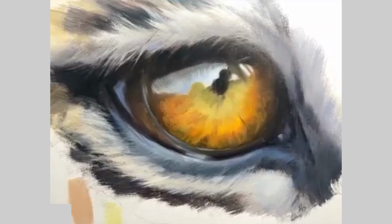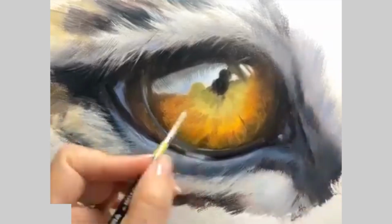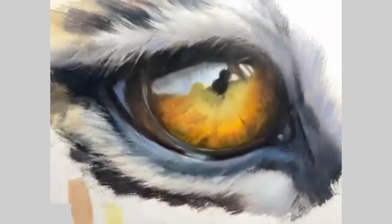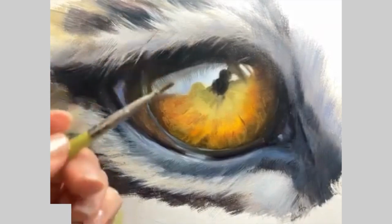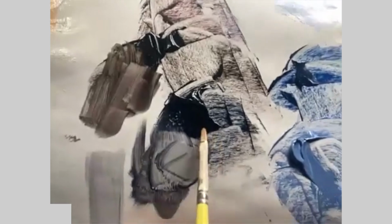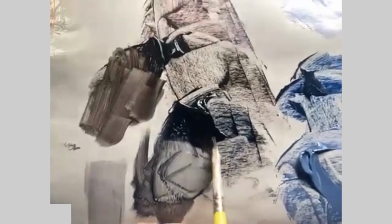If your painting is big, you can always work with both techniques. We will be working from the middle to the sides, from here to the side, and I will work first from the pupil. I want to make it contrast and dark. I'm using this brush, something small. I use no liquid on the brush anymore. And I pick up this black blue,